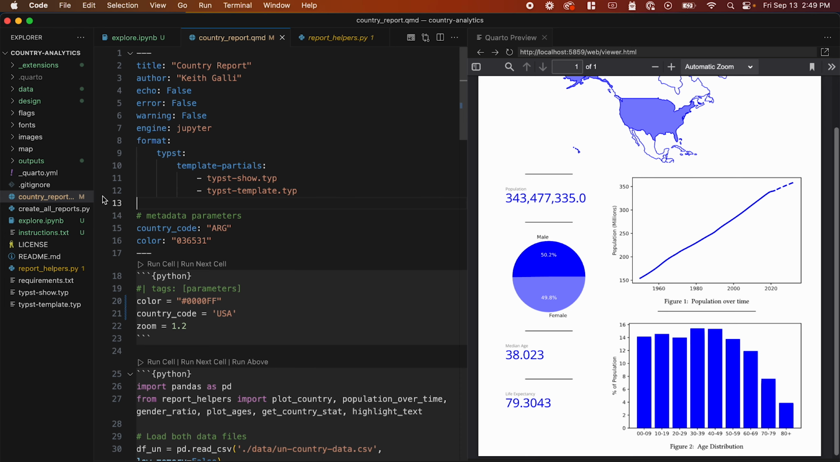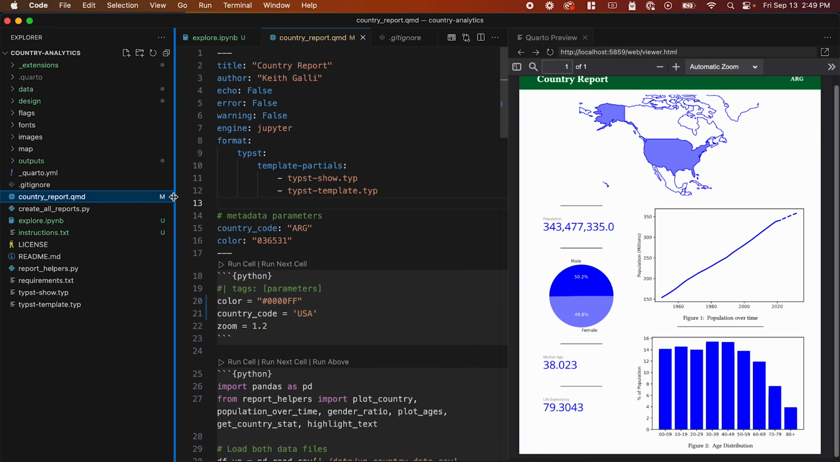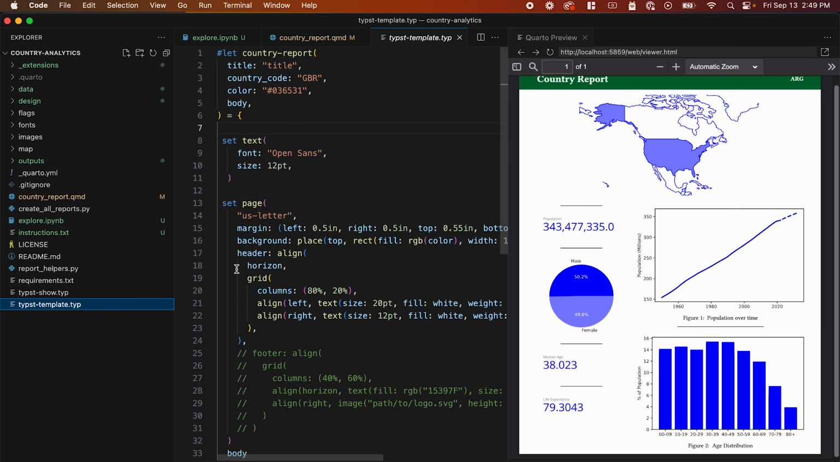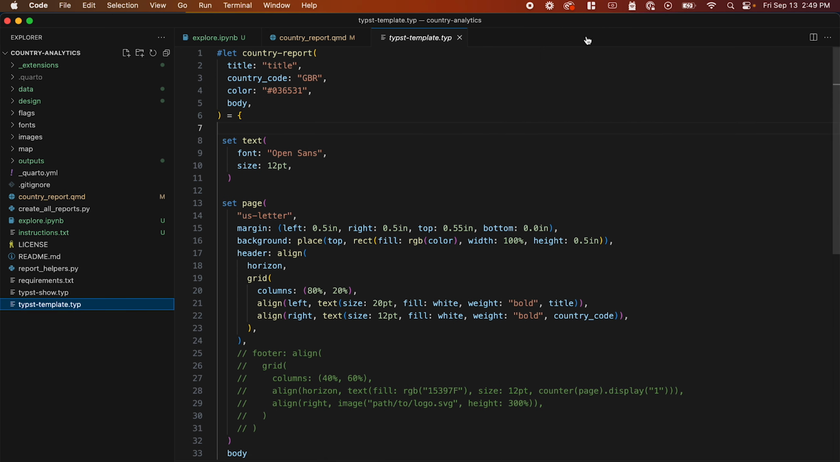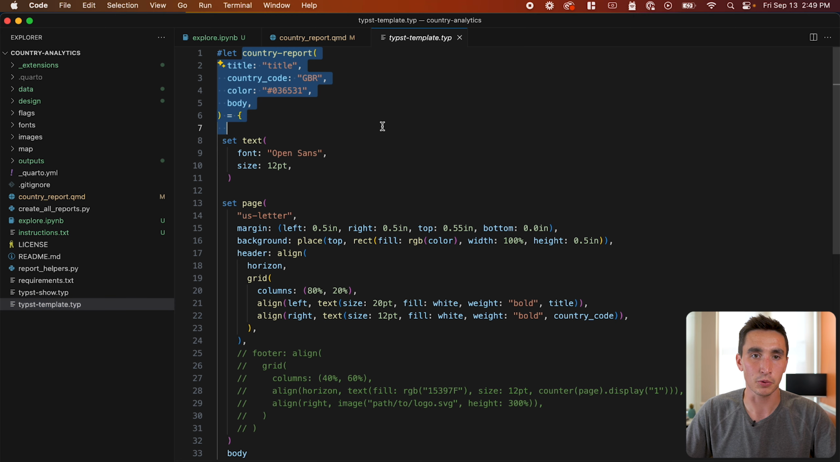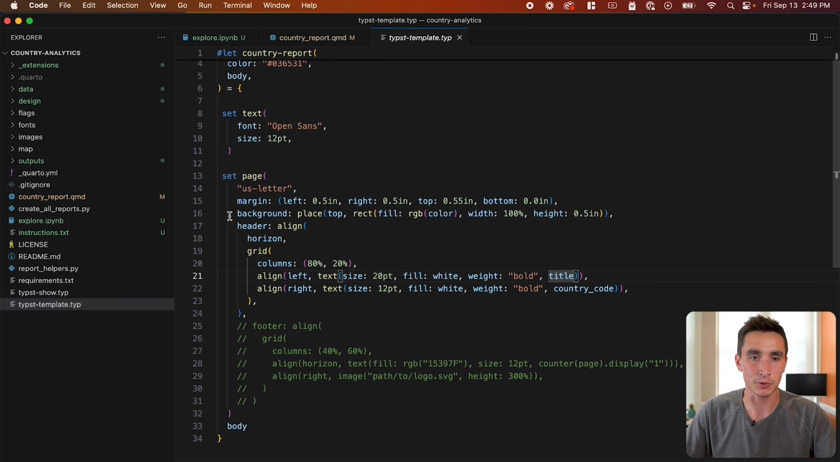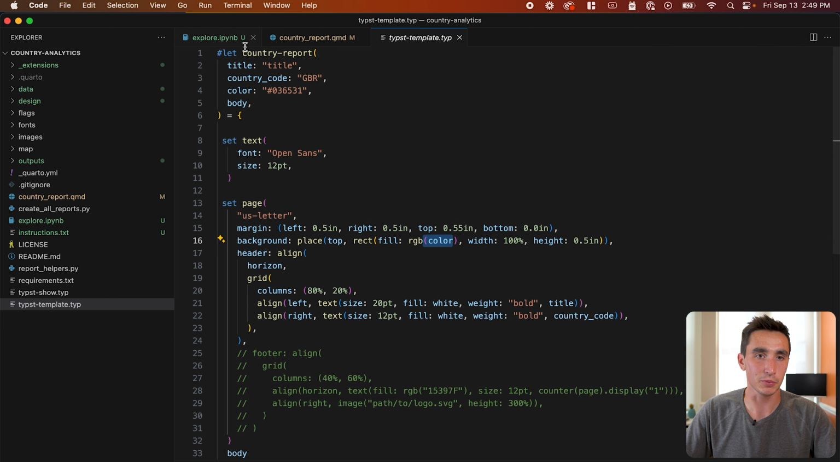But basically, we have these two files. This Typst show kind of takes in our parameters, and then this Typst template populates those parameters in a meaningful way. So we have our country report one here, and basically we're just saying, set up a header that uses our country code, uses the title that we specify, and gives it a color that we might specify as well. So in the background of this page, we have a rectangle that's filled with the color that we have ultimately specified